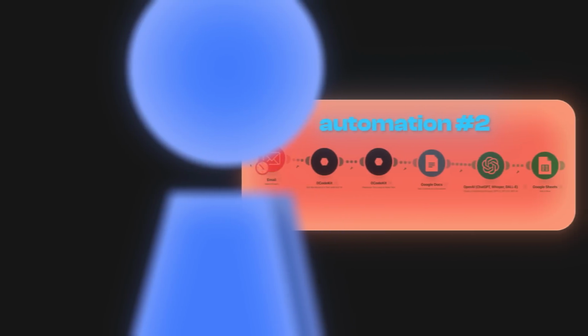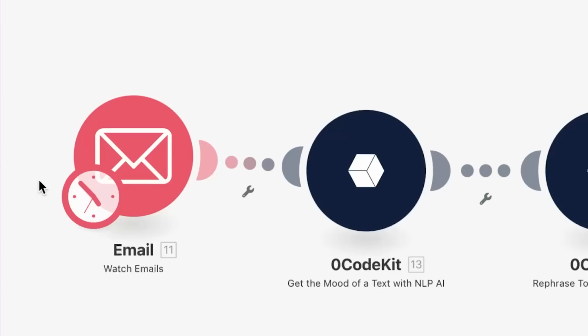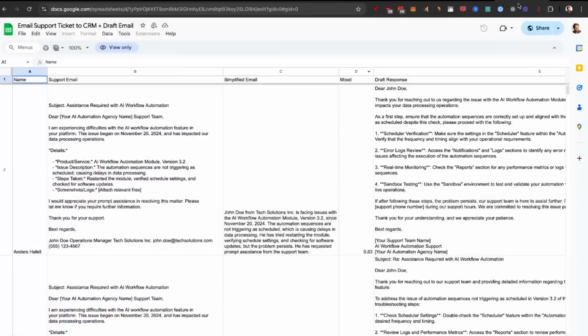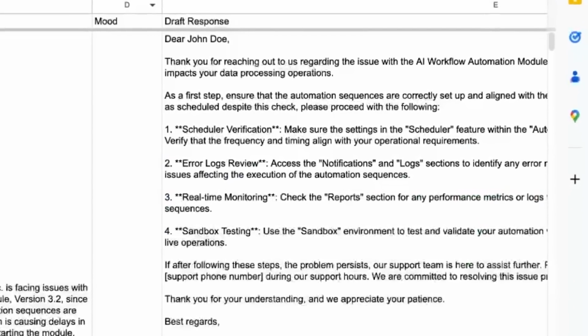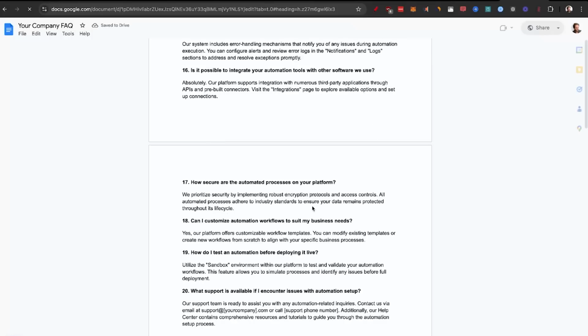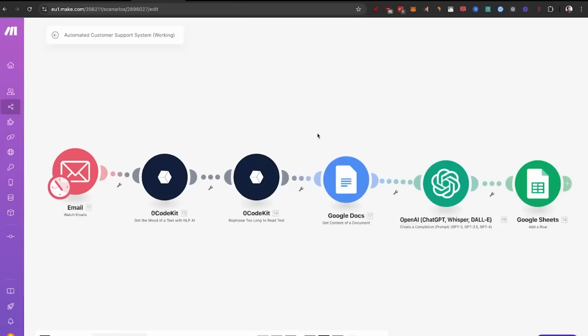Now on to automation number 2, customer support. So this automation triggers when you get a new email, preferably a customer support ticket that you want help with answering faster, so that by the end you get an actual draft response based on your FAQ knowledge base. This is really awesome because usually you get questions again and again and again, and AI has become really good